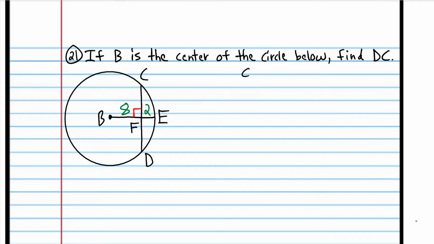So this problem is a little tricky. In fact, it's quite tricky. We're trying to find DC, but how do we find this length or this length? It doesn't seem that the answer really is there. How do we do this? Well,